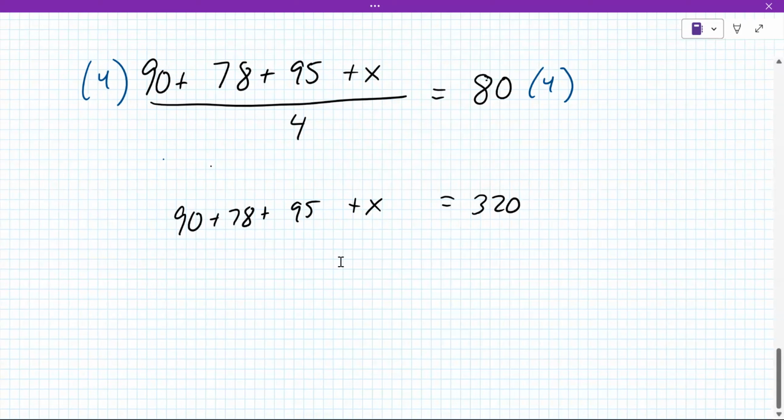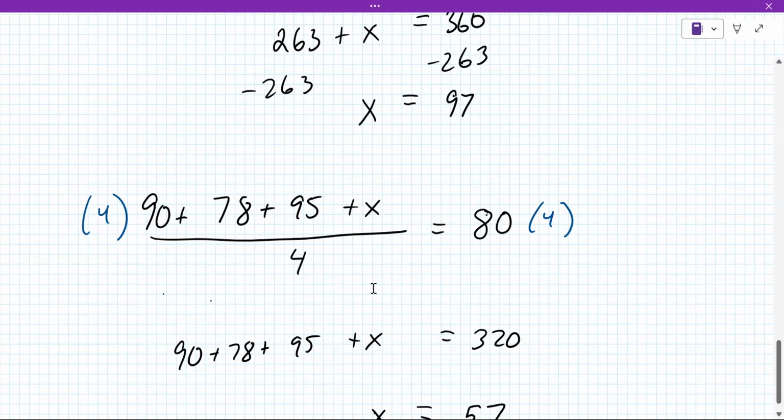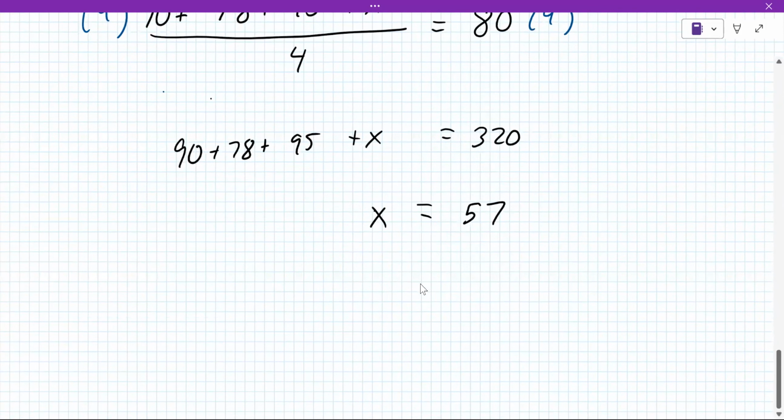I got the same answer. Okay, yeah, just making sure. When you said you didn't multiply by four, I wondered if she did something else here. So yeah, 57. What we saw is that to get a B, you need a 57, and to get an A, you need a 97.